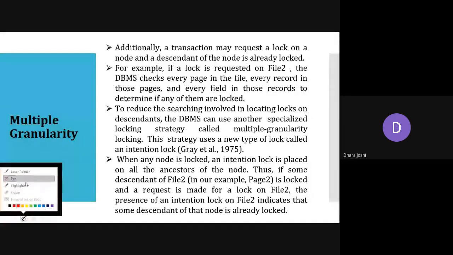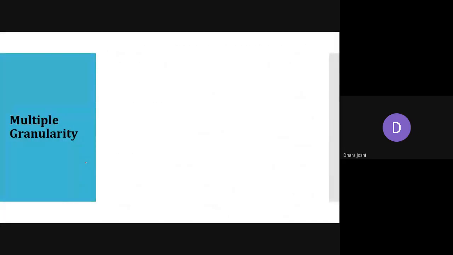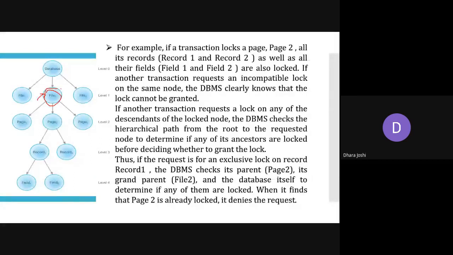So what this intention lock will do, as in the example on the previous slide, suppose I am locking this, then the intention lock has a certain characteristic. It can also lock its ancestors. Ancestor means the previous nodes. If we are talking about this record 2, then the ancestor nodes are page 2, file 2, and database. It also looks at the descendants, that means the nodes which come after. So it takes care of both the previous nodes as well as the next nodes. So we can get an idea, and we need not search the database to identify whether each and every data item has a lock or not.